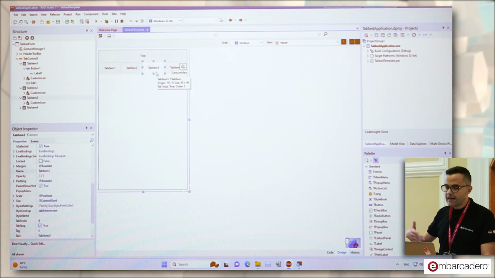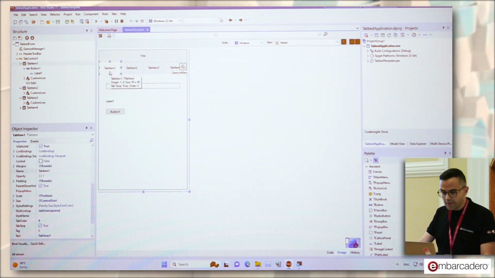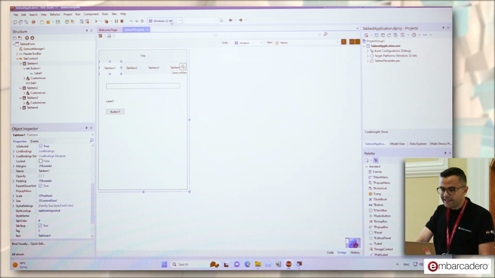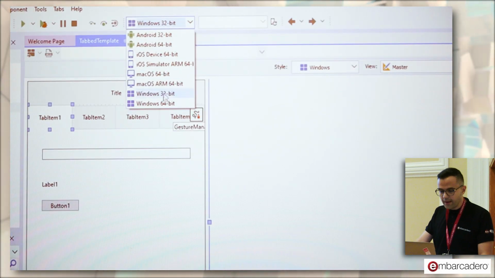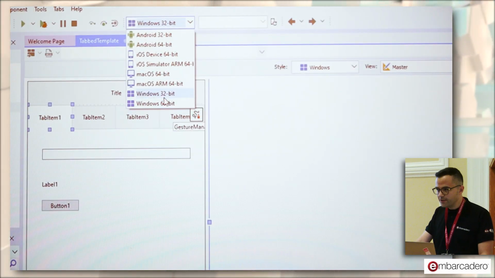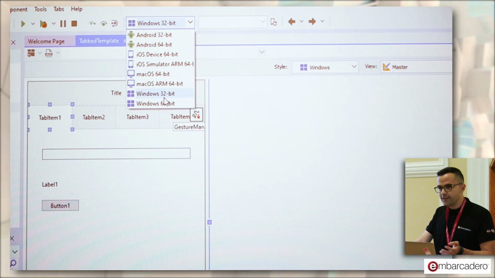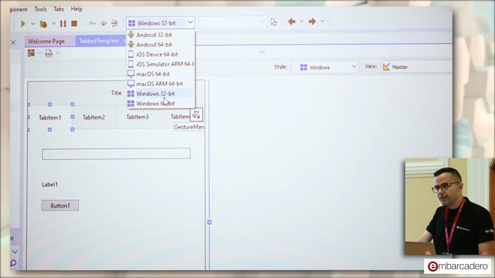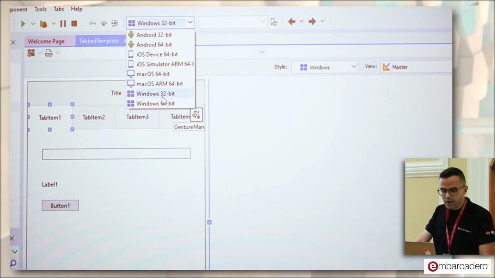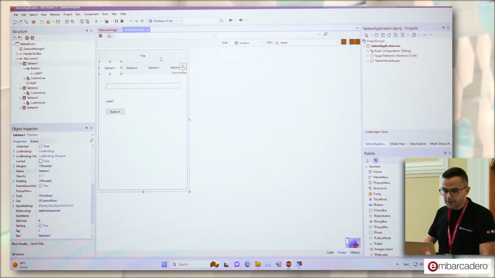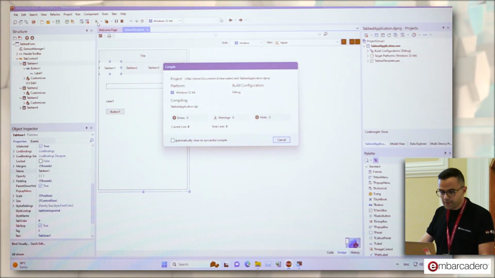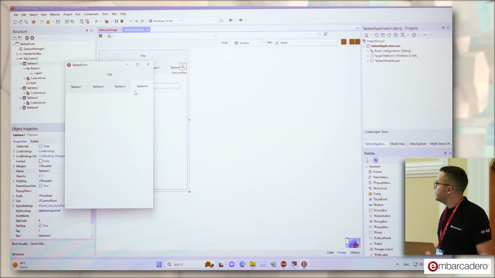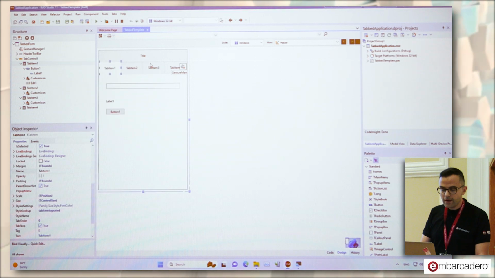Okay, so we have individual tabs that we can customize the way we want. And let's just compile this for Windows. As we can see here, I don't have Linux UI installed in this particular computer, but you can install Linux UI from GetIt in case you're interested in creating Linux UI applications as well. Let's stick with Windows 32 for the moment. We compile this, and yeah, very standard Windows UI.